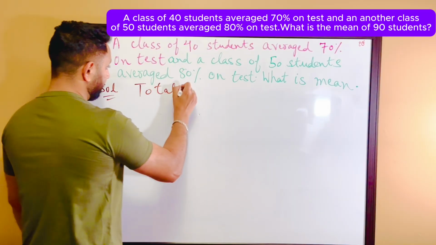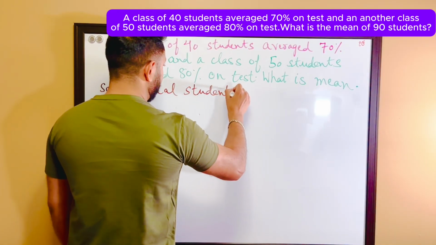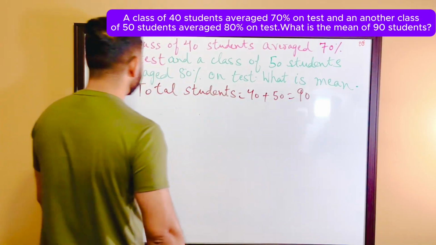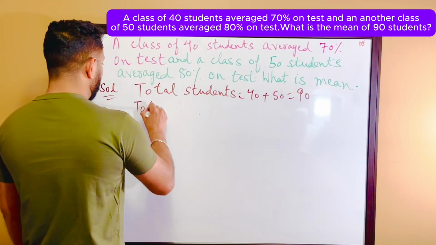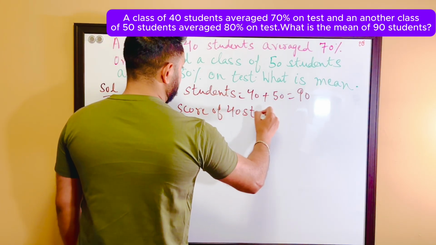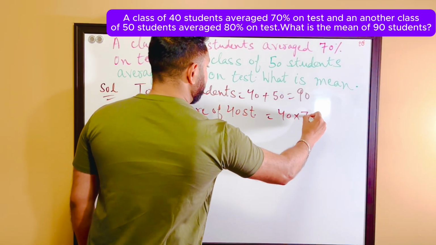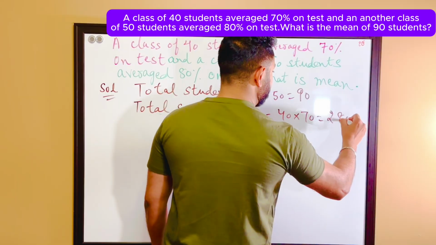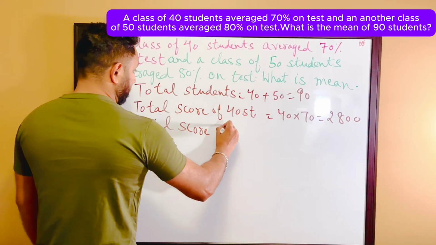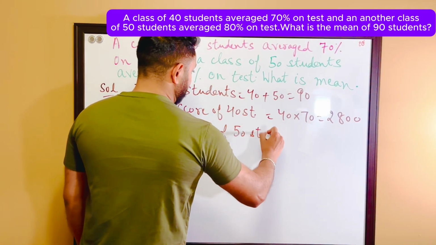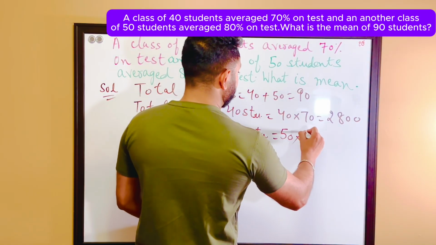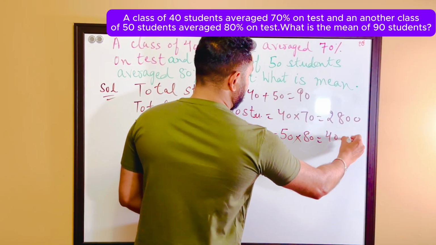So total students are 40 plus 50, that means 90, and the total score of 40 students, 40 into 70, that means 2800, and the total score of 50 students, 50 into 80, that means 4000,